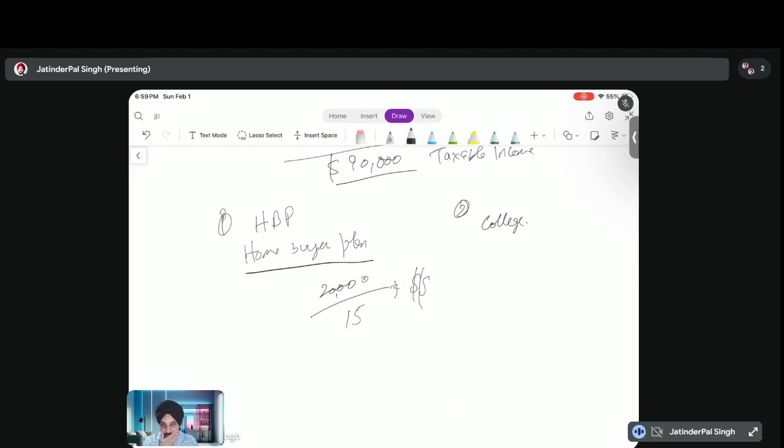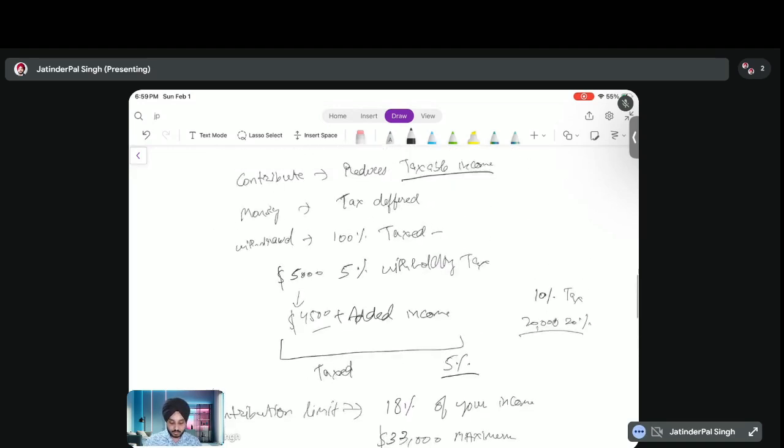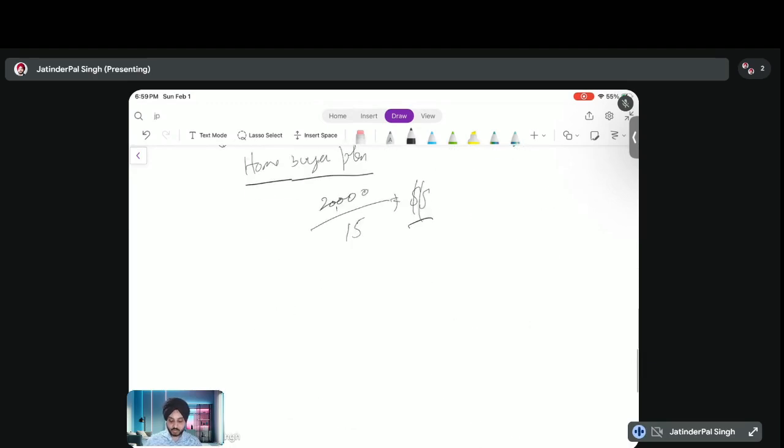And if, let's say, for one single year you skip the amount, or you haven't put the money in, then that dollar amount will be added to your income, and that will be taxed. So when you withdraw money for the Home Buyers' Plan, there is no withholding tax at that time. So that is how you use your RRSP.